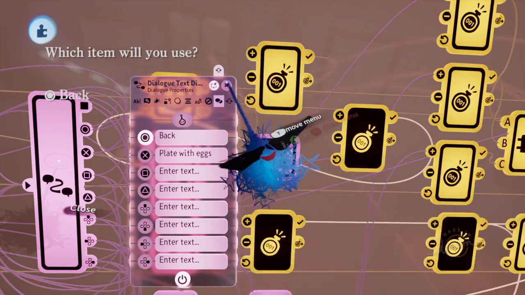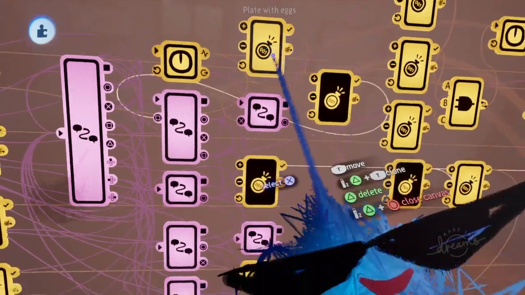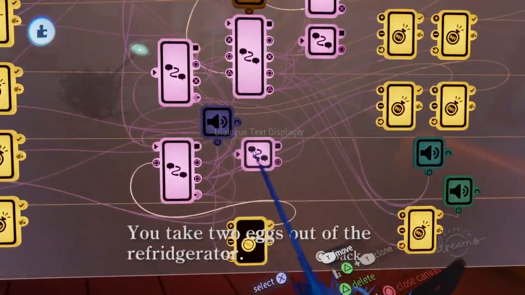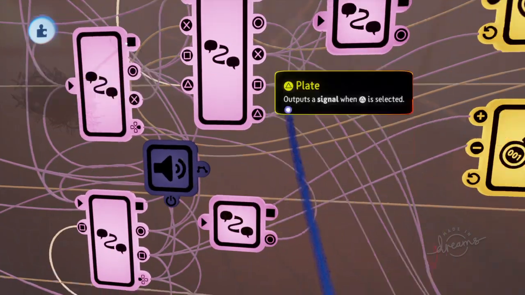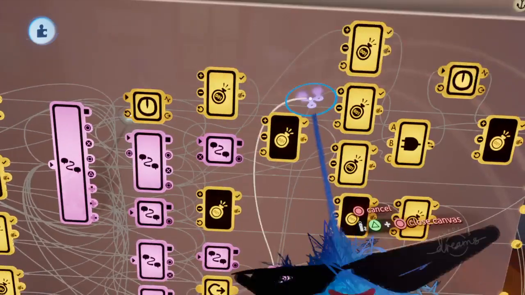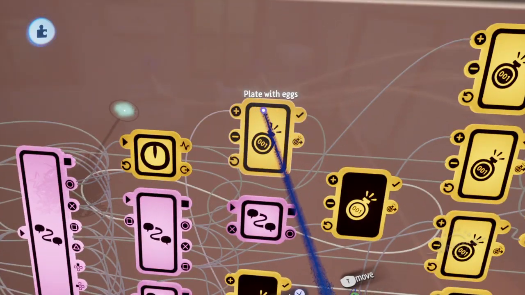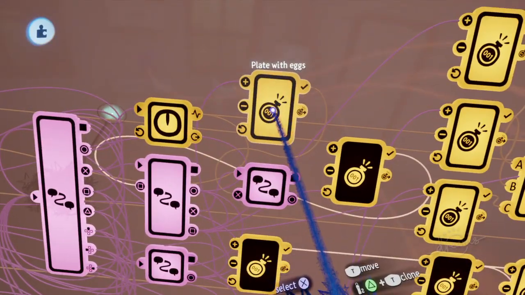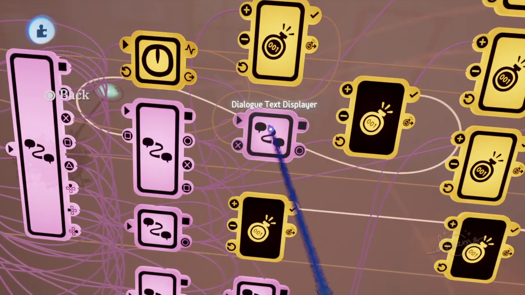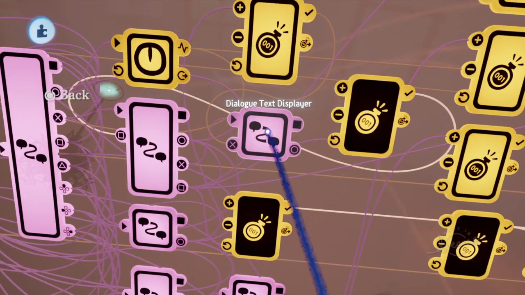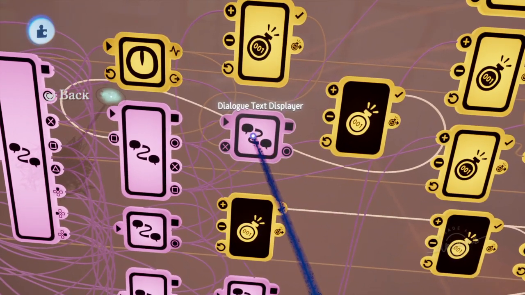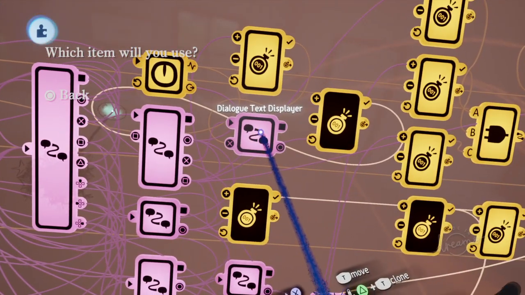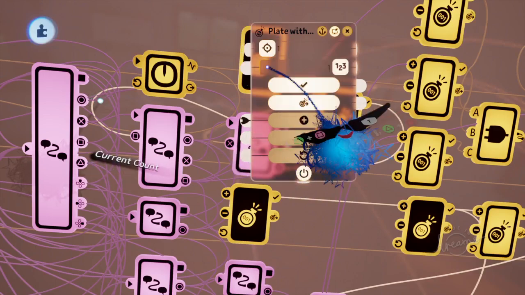And that will be turned on at the point that you use plate at the stove. Alright, so you use plate with eggs at the table. So when you use that item, which I need to turn that on temporarily,